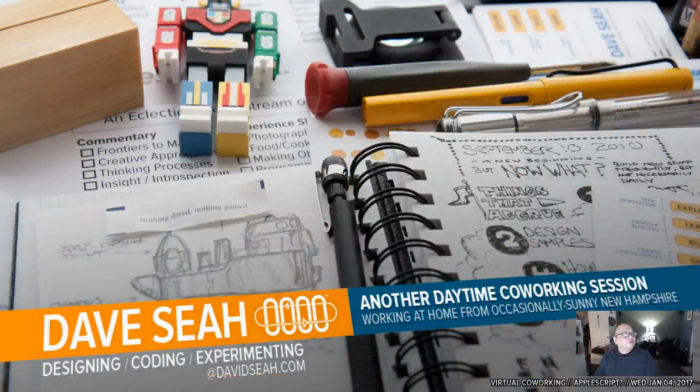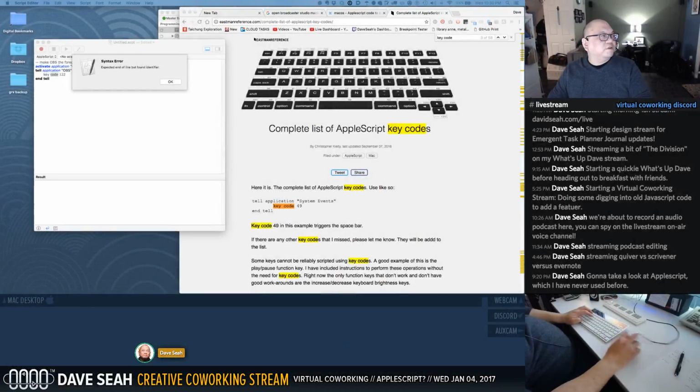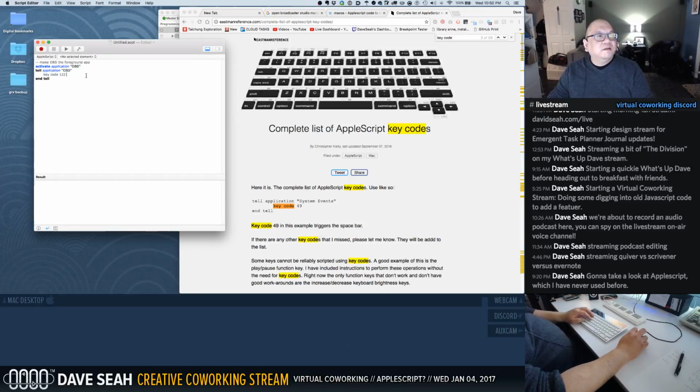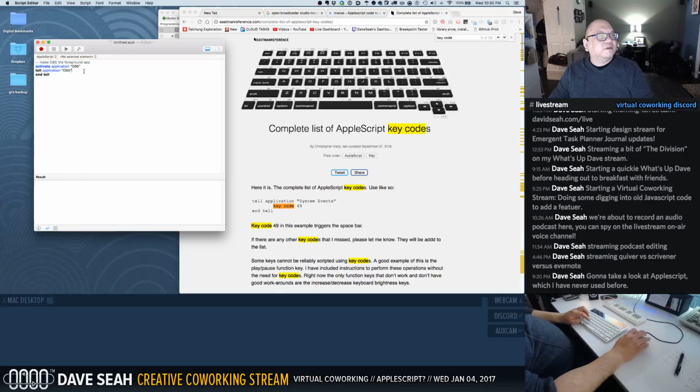No. Weird. I actually just switched my view unexpectedly. Huh. If I just did tell application OBS nothing, it actually ends up, well, it activated it and didn't do anything. But when I had this in it,